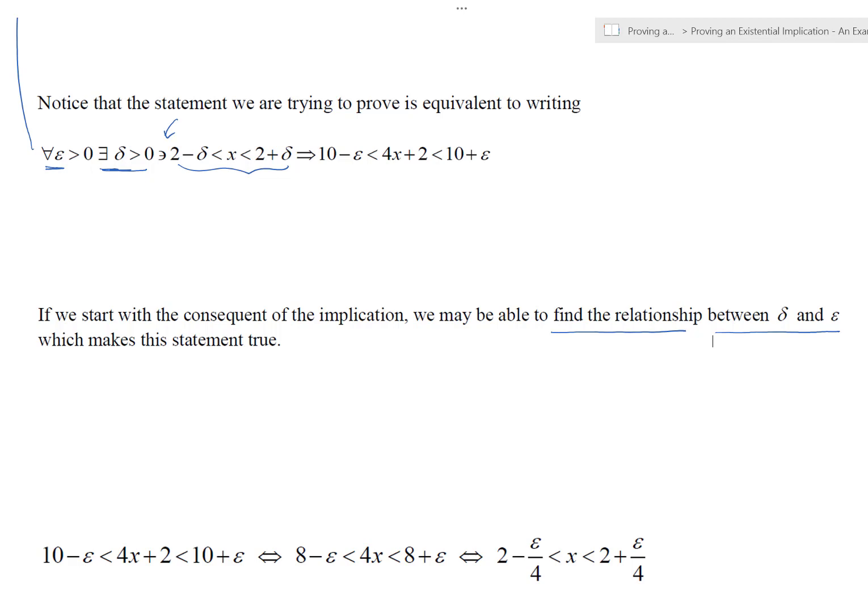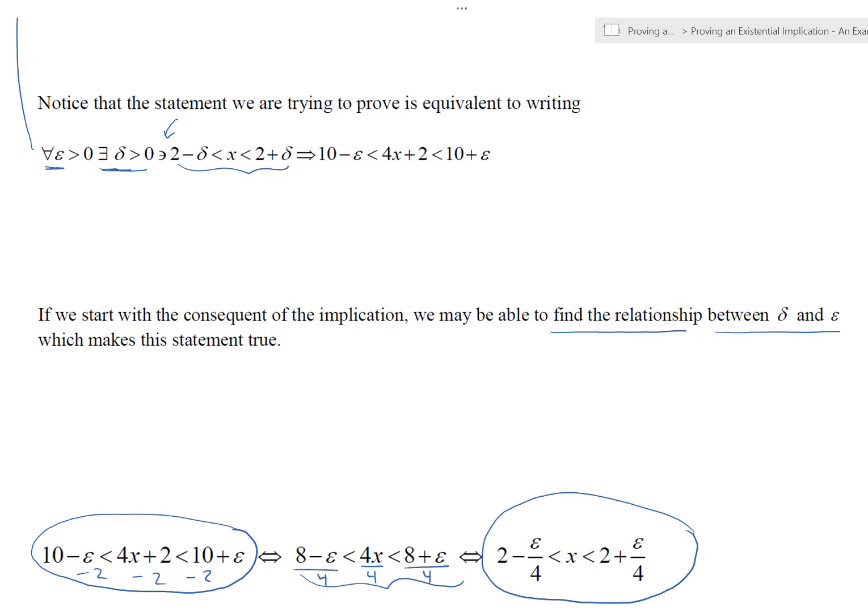Okay, so what is this relationship? First of all, we're going to start with this right here, the right-hand side of the implication we're trying to prove. If we solve that for x, subtracting 2 everywhere in the inequality, we get the next statement: 8 minus epsilon less than 4x less than 8 plus epsilon. Then divide everything by 4, basically solving this compound inequality for x. We get the result: 2 minus epsilon over 4 is less than x is less than 2 plus epsilon over 4. So that's great. We're isolating the x